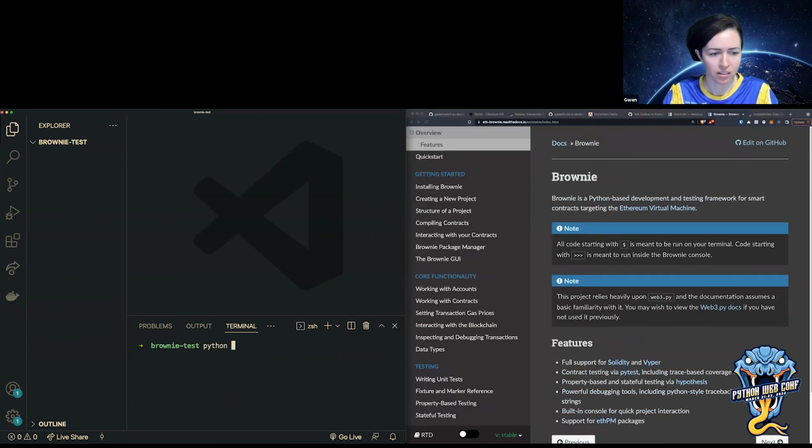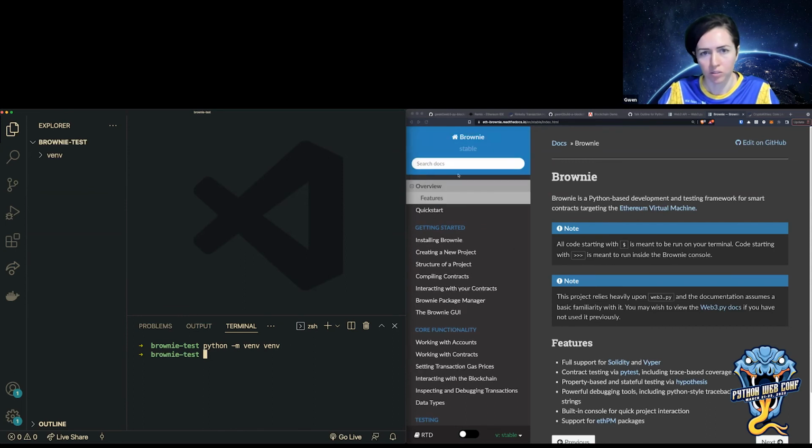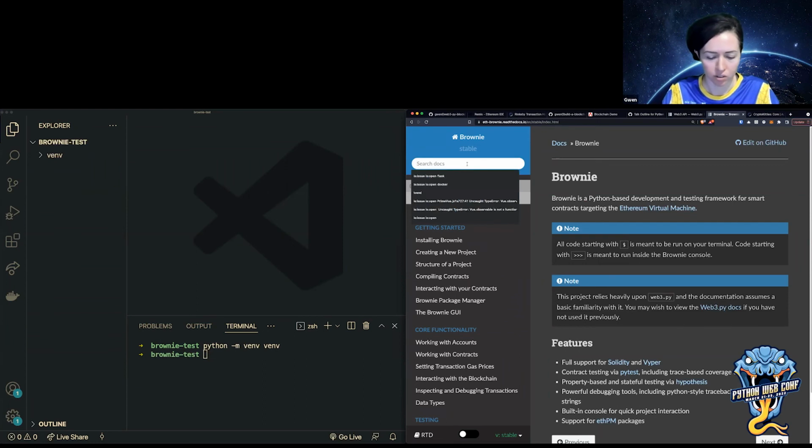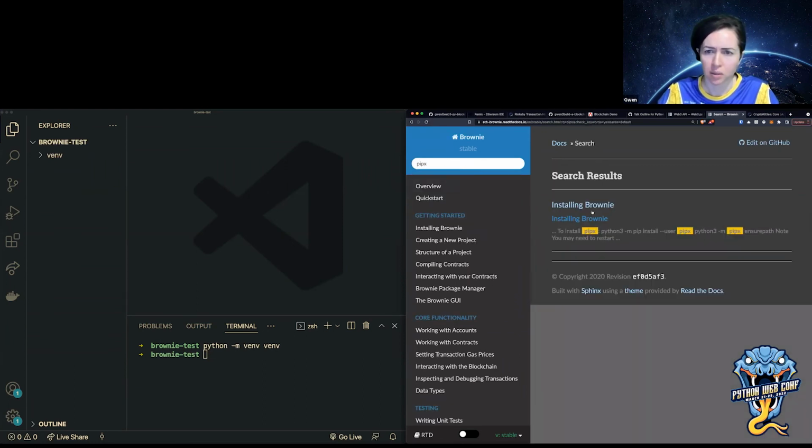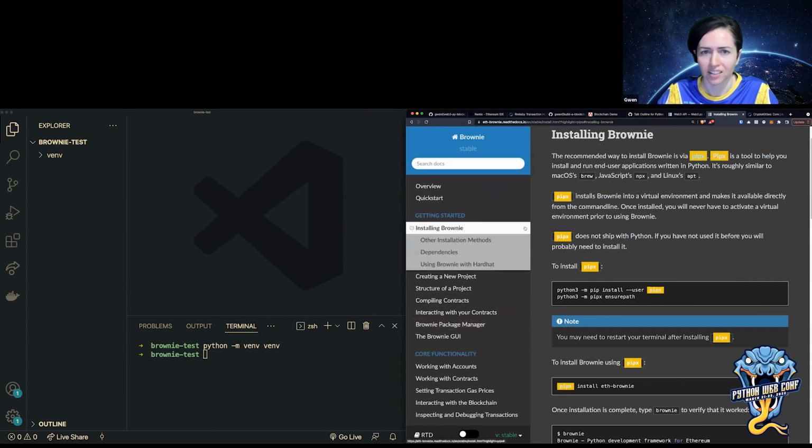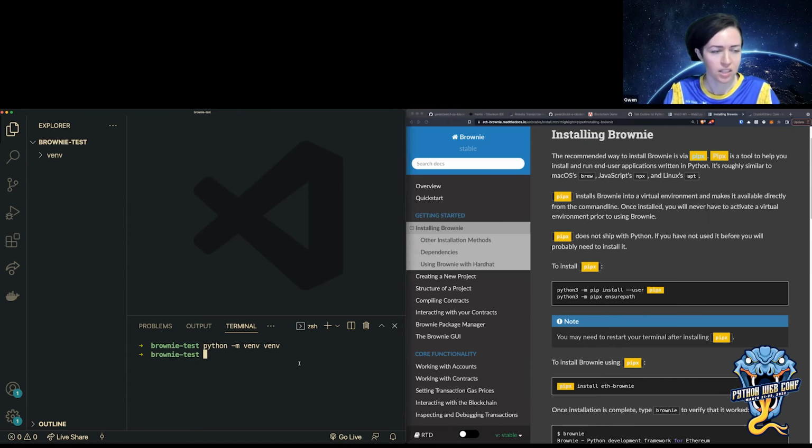Anyway, I'm going to create a virtual environment real quick so I can install Brownie. The documentation will recommend that you use pipx. Oh yeah, here's installing Brownie. It will recommend that you use pipx. You can if you want to, and I think that's just so you don't have to install Brownie inside every single folder where you want it. But I'm not going to use that right now.